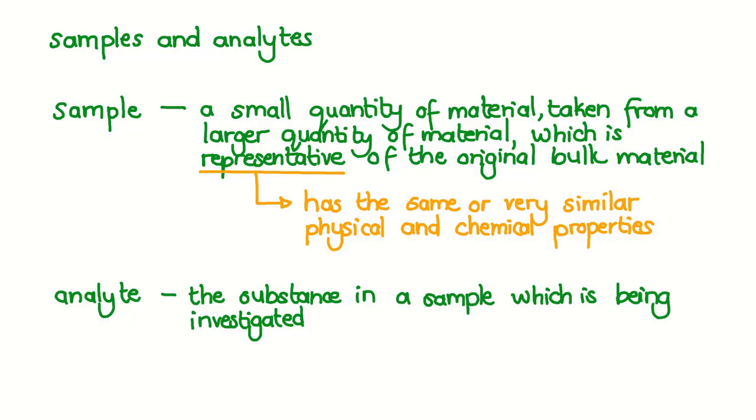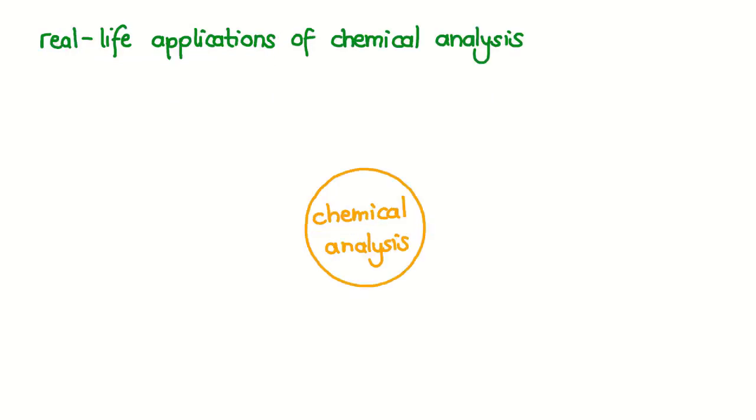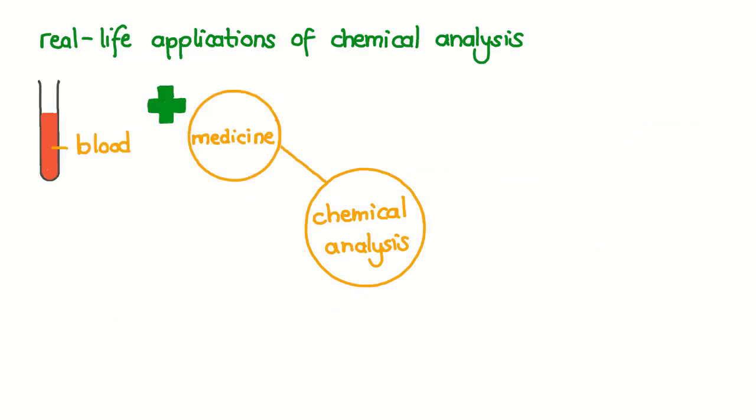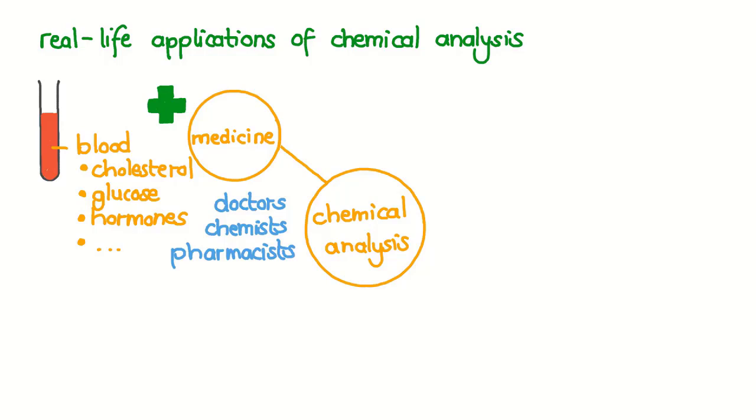Now that we know these two definitions, let's have a look at some real-life examples of samples and analytes that chemists and other scientists routinely analyze. Chemical analysis is used in medicine. For example, a sample of blood may be analyzed for the following analytes: cholesterol, blood glucose, hormones, or many other analytes. Doctors, chemists, pharmacists, and laboratory healthcare workers perform these chemical analyses to see which medication might be needed by